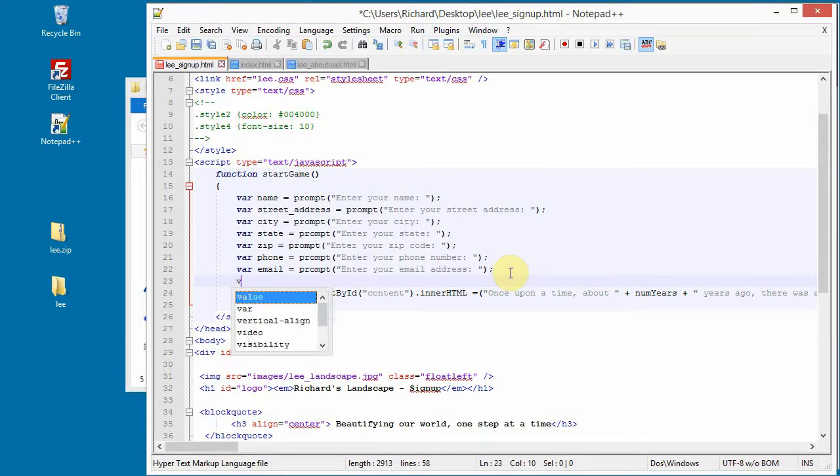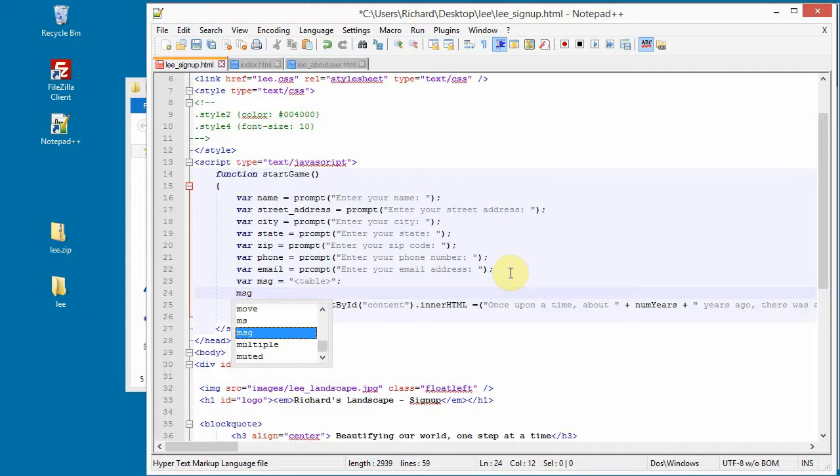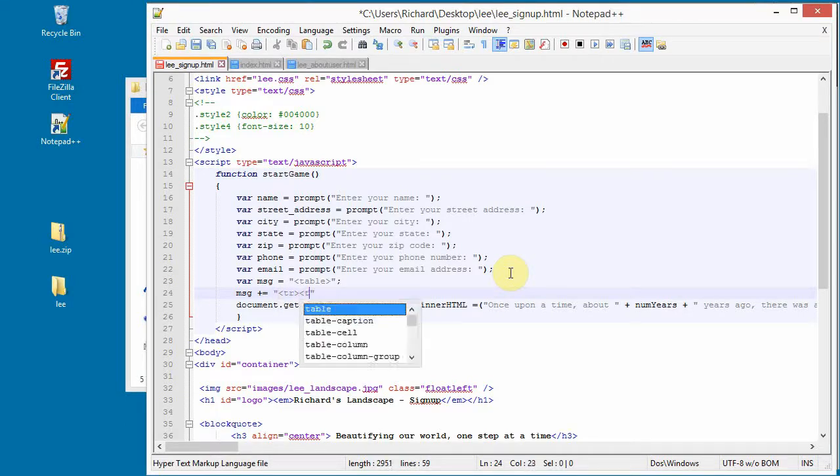So I'm going to say var message equals table, and let's see, message equals appending tr td style equals width: 100 pixels,